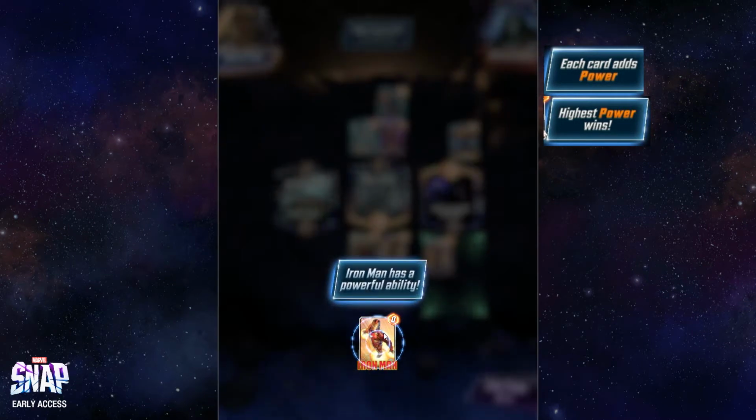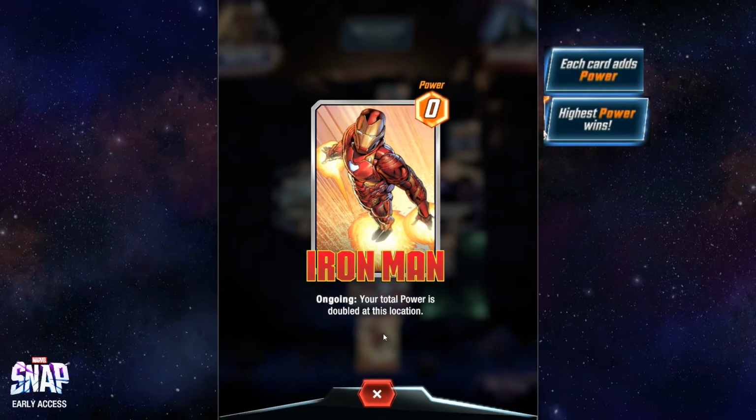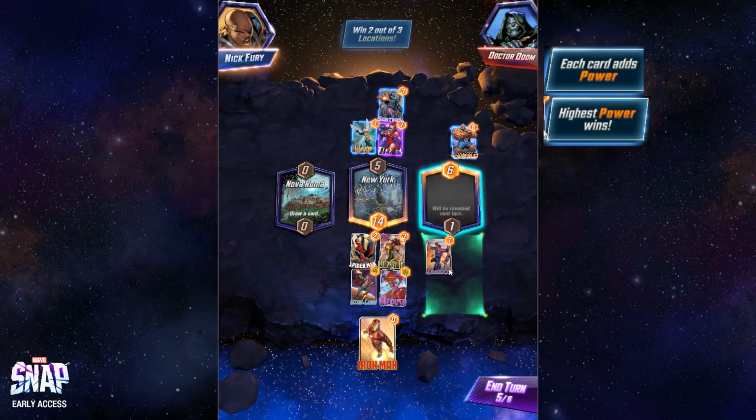Iron Man is hilarious and has a very powerful ability that says ongoing, which means as long as this card's on the field, this ability is just in effect. And it says your total power is doubled at this location. So his power is 0, but